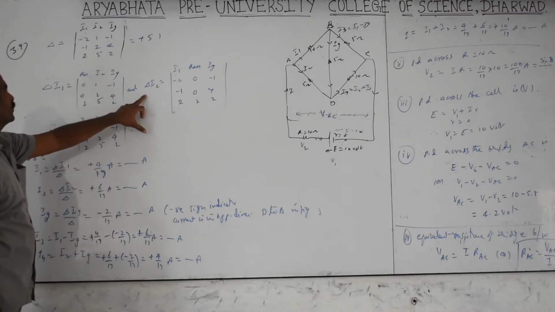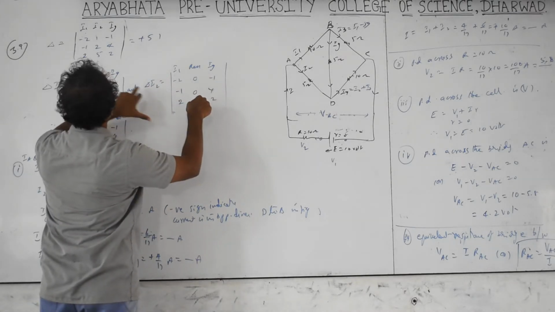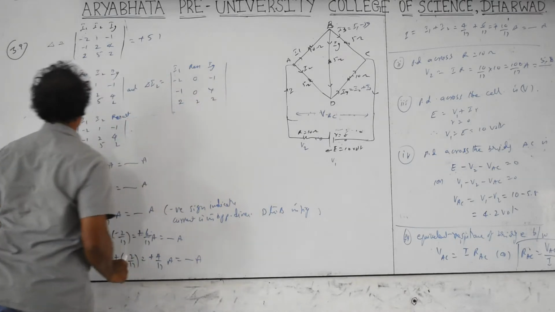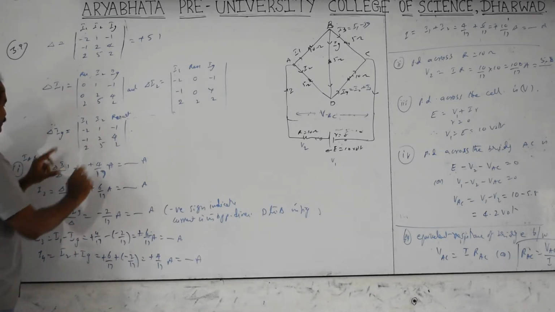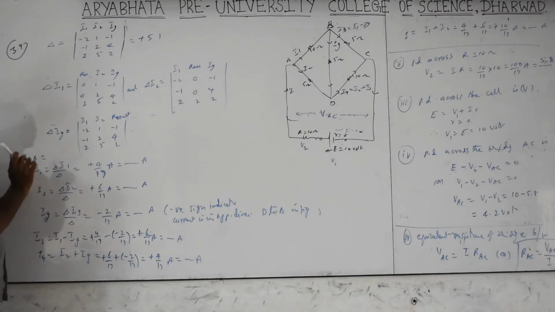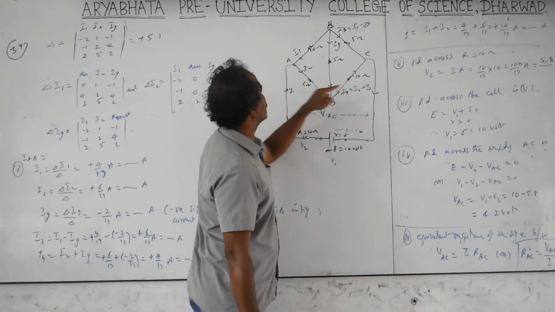For delta I2, if you are taking I1 and Ig the same, only the result you have to replace in place of the I2 you want to calculate. Similarly, replace the Ig column with the Ig result. Next, if you want to calculate I1, in your textbook the currents are mentioned as IAB, IBC, IDC, IAC like that.